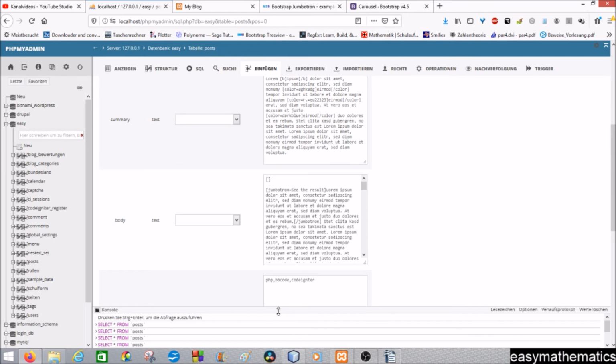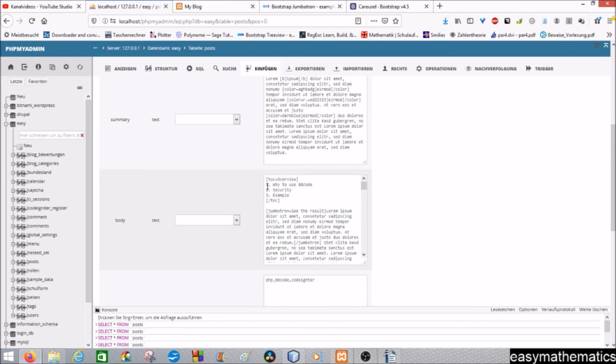So table of contents, then we need the title of our content, for example overview. We close it, and here we are able to put our main points, for example first, why to use BBCode, second, security, third, example, and